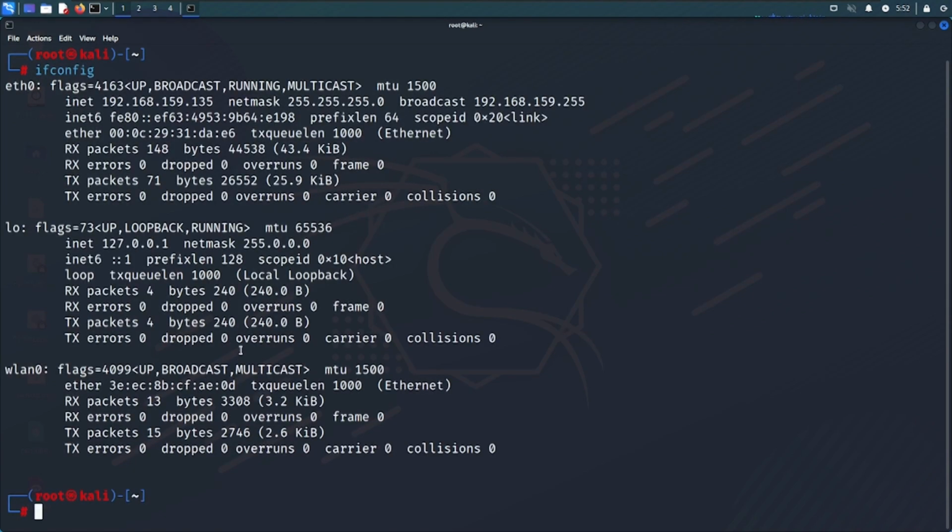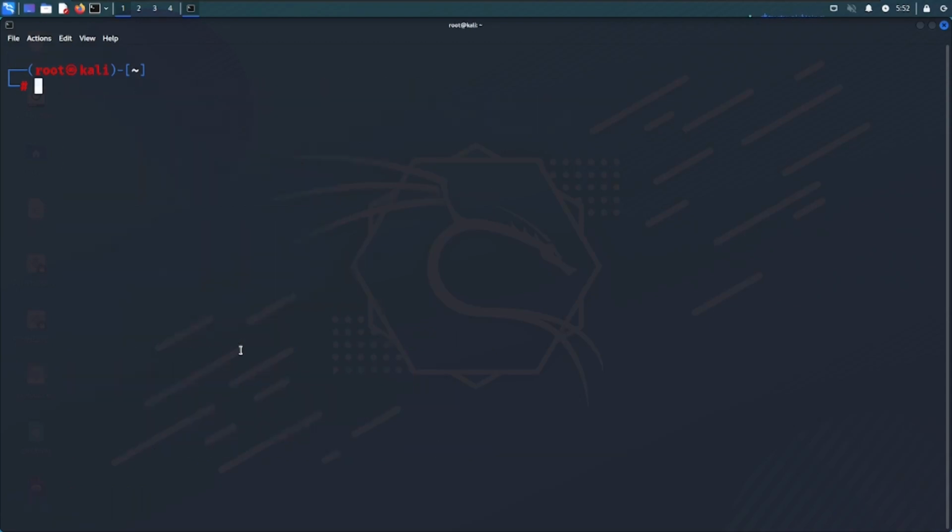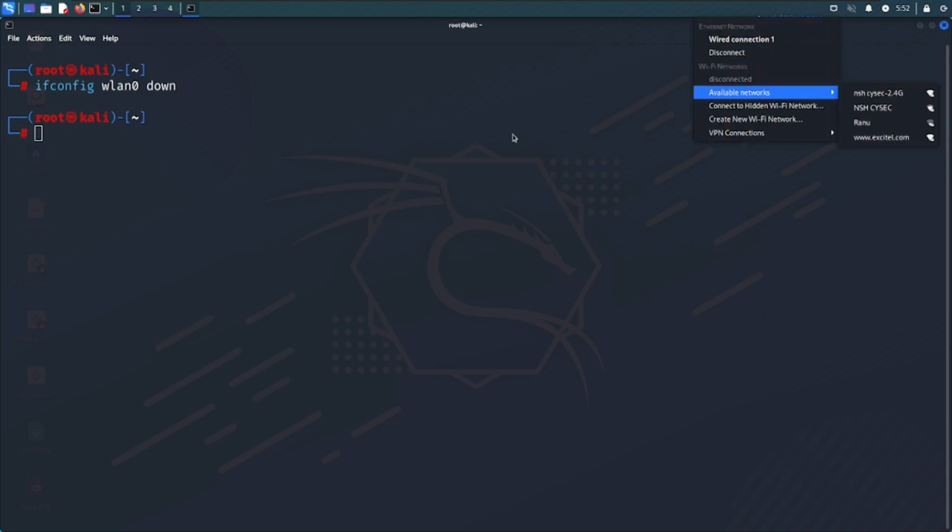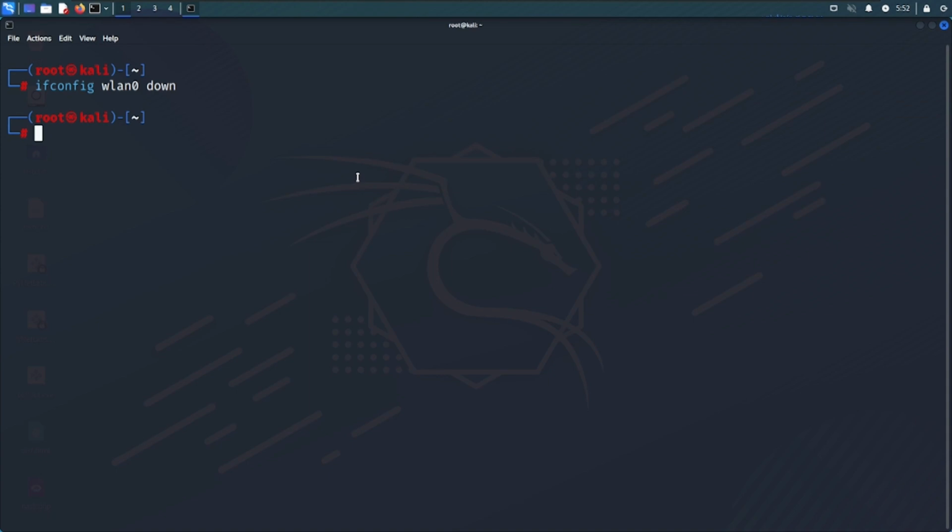Now I will type ifconfig wlan0 down. By this I shut down my interface card. Now I will go with iwconfig